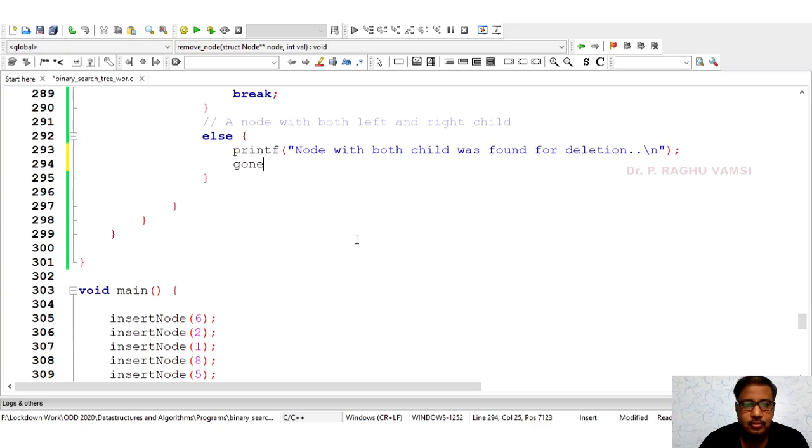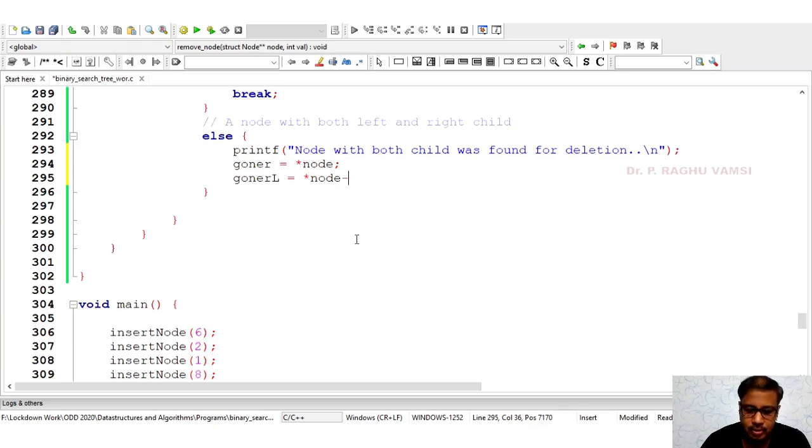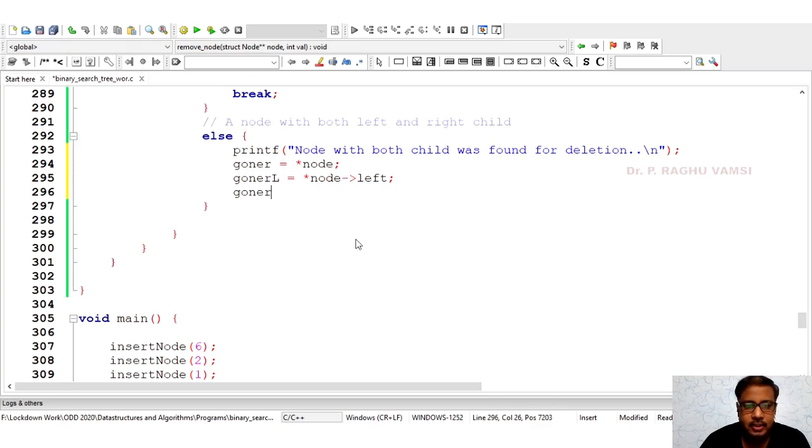Now the goner is equal to star node. Goner L is equal to star node left. Goner R is equal to star node right. It means store the node to be deleted.